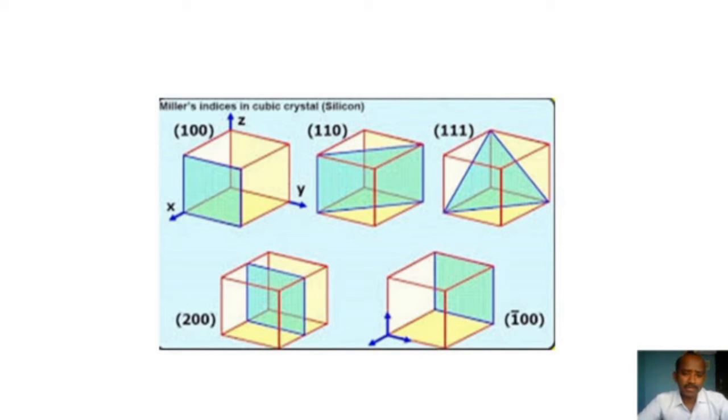In the fourth diagram, that is 2 0 0. Here we have considered 2 points or 2 unit cells, but it is not shown here. That is 2. It is only along the x-axis, and it is not at the origin. It is shifted slightly, so that's why we are taking this point as 2. And in the fifth diagram, it is opposite to the positive x-axis direction, so that is nothing but minus 1, which can be designated as 1 bar.